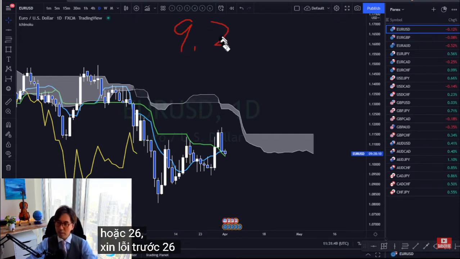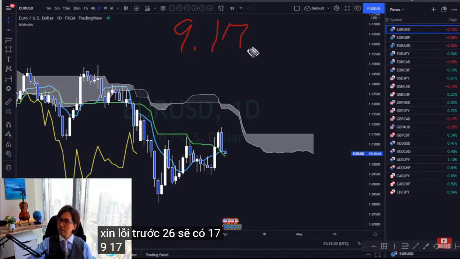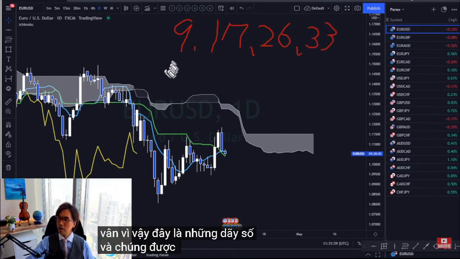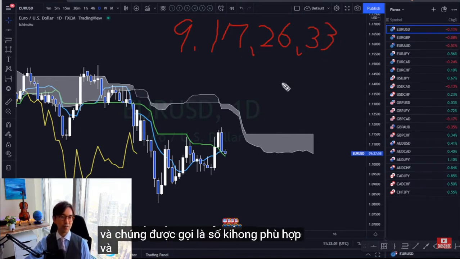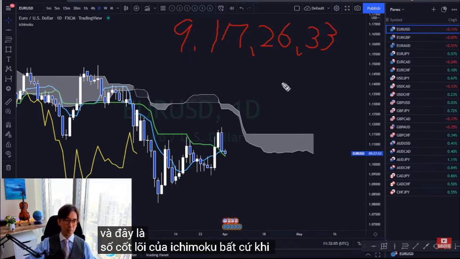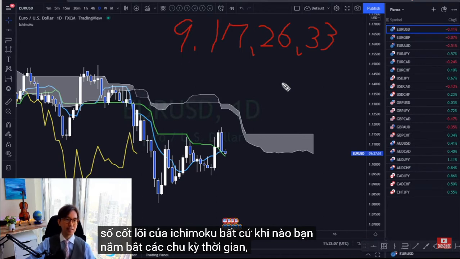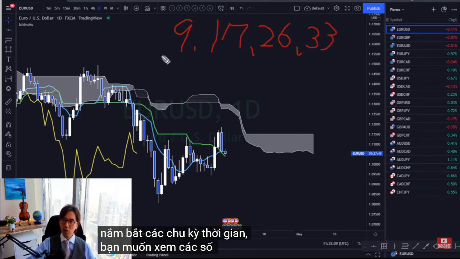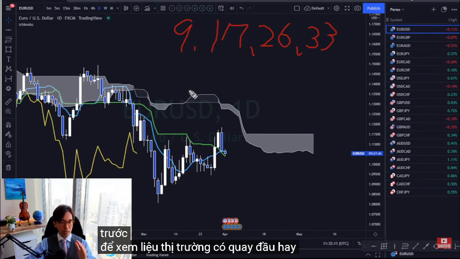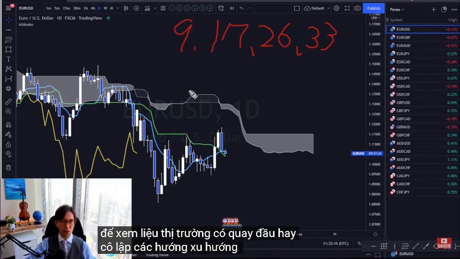Sorry, before 26 there will be 17, 9, 17, and 26, and so on. So these are the series of numbers, and these are called the Kihon Suchi numbers, and these are the core numbers of Ichimoku. Whenever you capture time cycles, you want to see the Kihon Suchi numbers first to see if the market turns or accelerates the trend direction on these